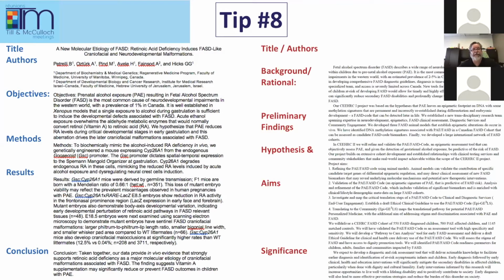But again, the same headings are there. They're just not there in print. So you start with the background and rationale. You have your preliminary findings. That's evidence in your hand supporting where your project is going. You typically would state your hypothesis and the aims. And then in the aims, you would include your major approaches to the experimental questions you're asking. And it finishes off again with conclusions and significance. So the formula is pretty easy. And it's pretty easy to get your first draft down.